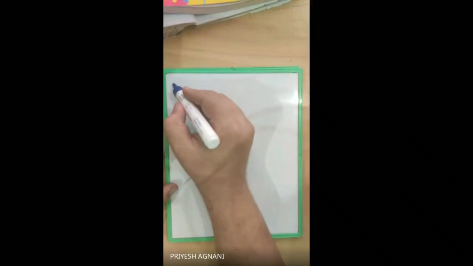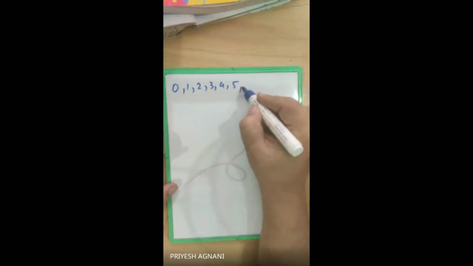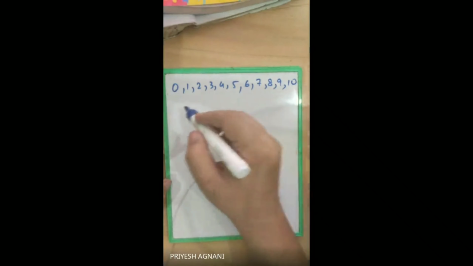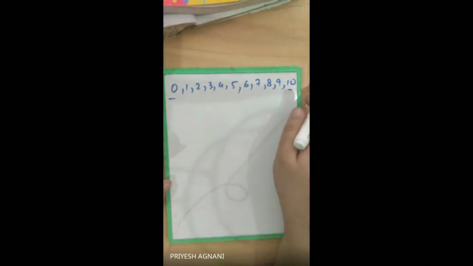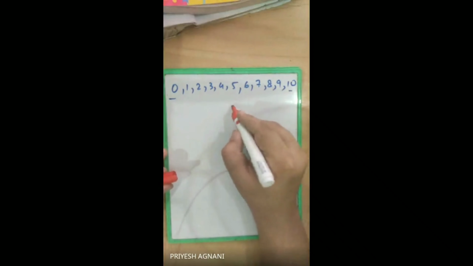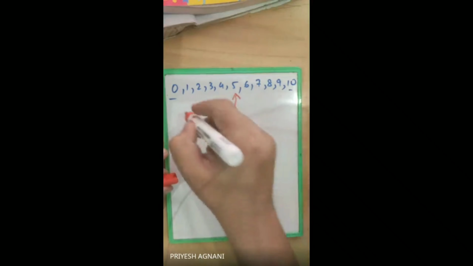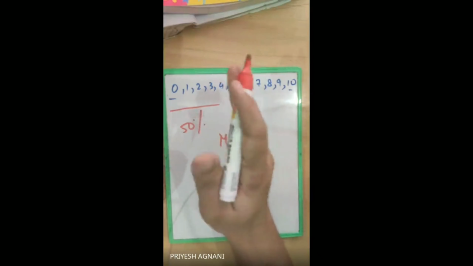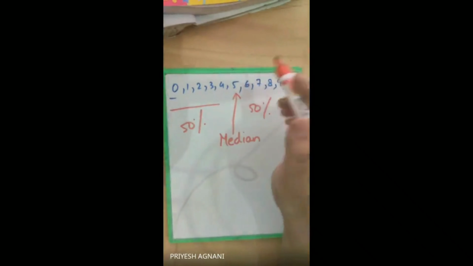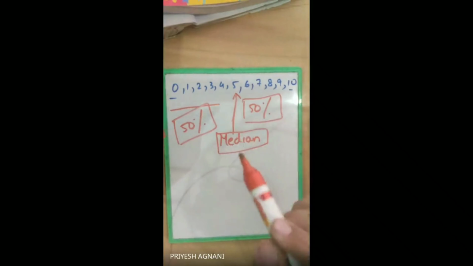Let us see, the values are given from 0, 1, 2, 3, 4, 5, 6, 7, 8, 9, and 10. So there are values given from 0 to 10. The centermost part, when arranged in ascending order, which is a very important part, the centermost value is 5. So this is known as the median. Here there is 50% covering, and here it is 50%. So it is divided into two parts with 50-50%. When the middle value is found, it is known as the median.